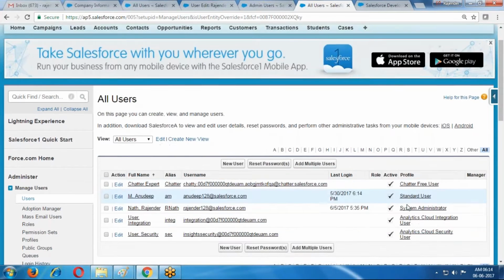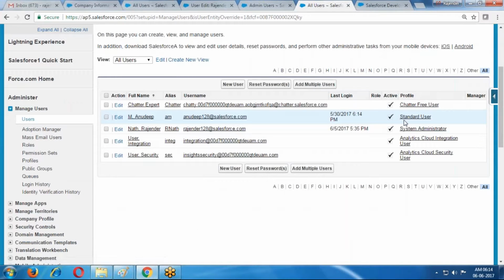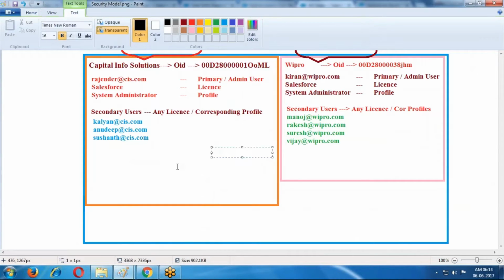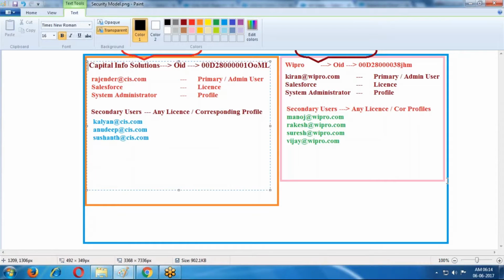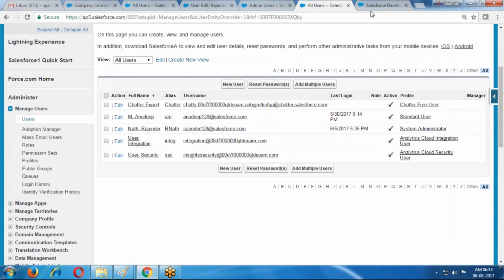That user profile you can change to system administrator profiles only. Whenever we are creating, this is a user, this is the organization. For this organization, all these users are related to this organization only. The same way, suppose Wipro is also purchasing